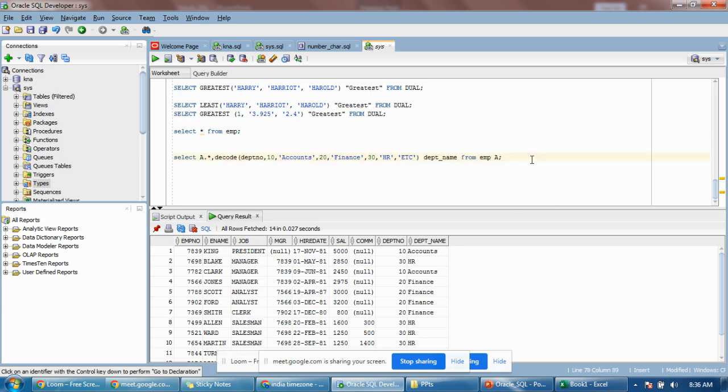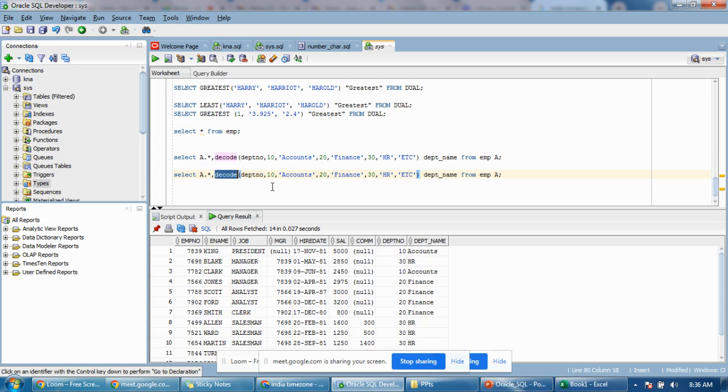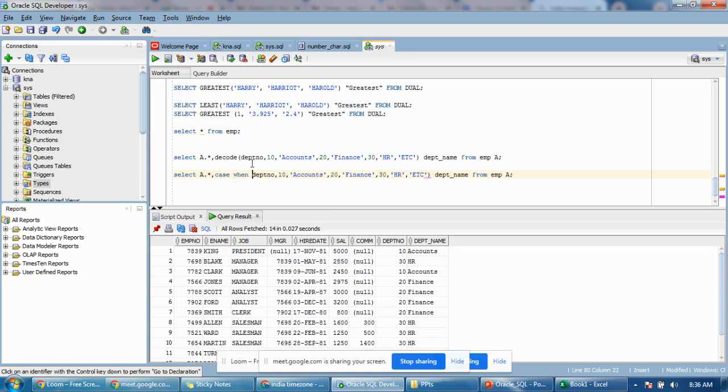This same statement we can use in another way. Let me write that. Instead of decode we can use the case statement. What is the syntax? Case, you have to specify the when condition, department number equal to 10, then you have to use the keyword then, and that will be accounts. Next, again you have to specify the when clause. How many conditions you want, you can specify. When dept number equal to